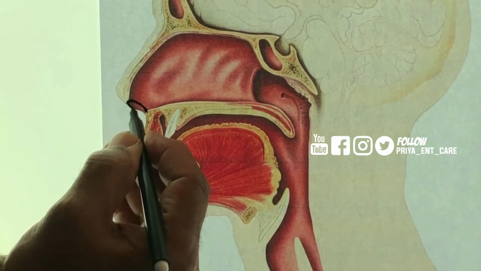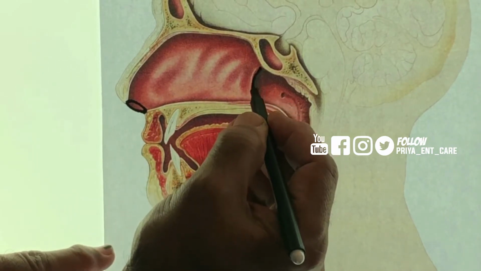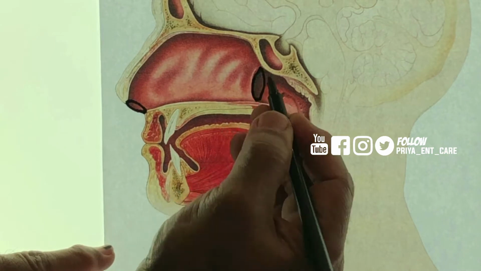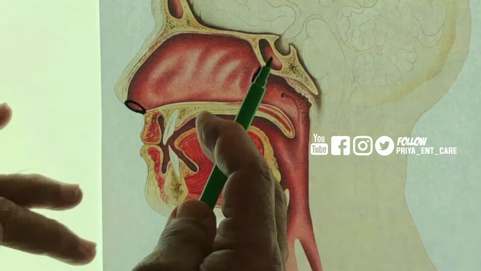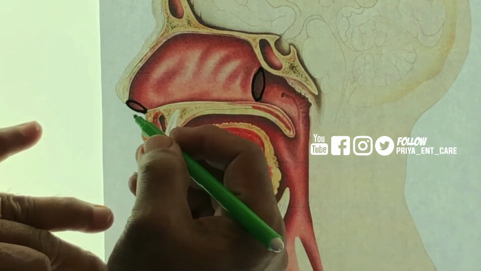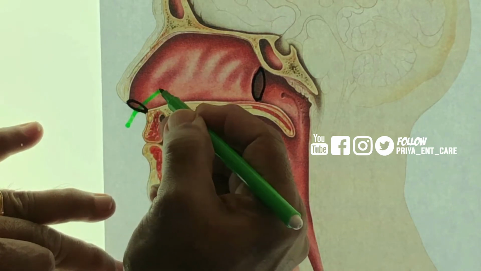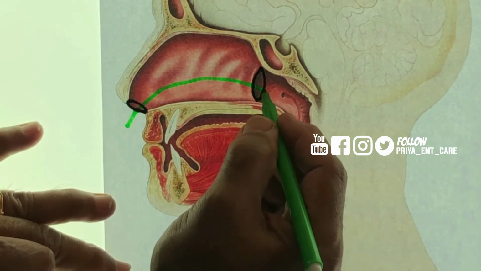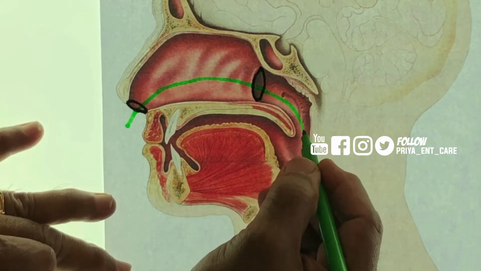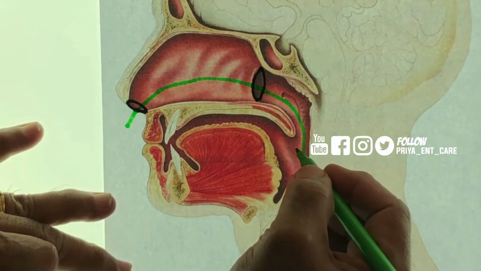This is the anterior nostril, the anterior opening of the nose. This is the posterior opening of the nose. It is also called the choana. The airflow is in this direction. When we breathe in, air enters through the anterior nostril, travels through the nose, exits through the posterior choana into the nasopharynx, and then through the throat and larynx and on to the trachea and lungs. So this is the direction of the airflow.